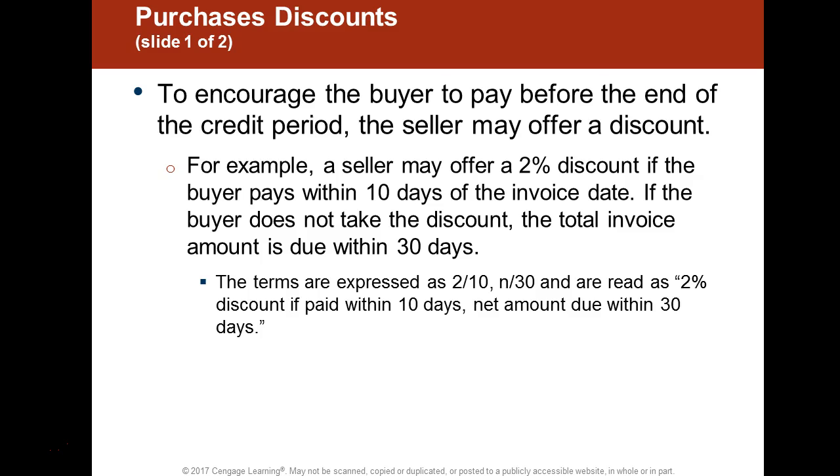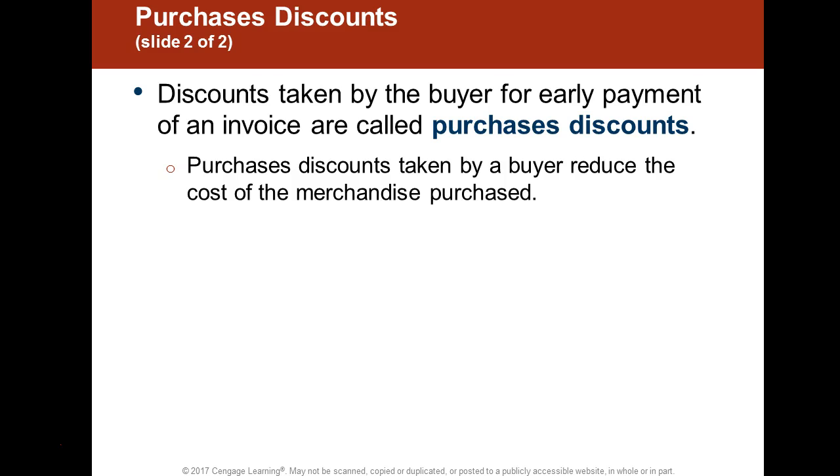And the same is true when you're dealing on the opposite side, on the seller side. But for right now, to encourage your buyers, or you or me, when we buy a product, to pay quickly, well before the due date, in this case 30 days, they will give you a discount. So if you look down at the bottom, you'll see 2/10 net 30. That simply means you will get a 2% discount if you pay within 10 days, or you pay the net amount due within 30 days. And you're going to see that quite a bit in merchandising type transactions, where you are given the opportunity to benefit if you pay quickly. Obviously, organizations want to get the full amount that's due to them, but I would rather get most of my money faster than all of it later.